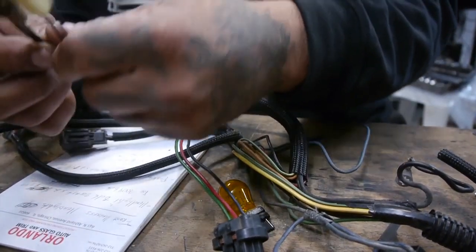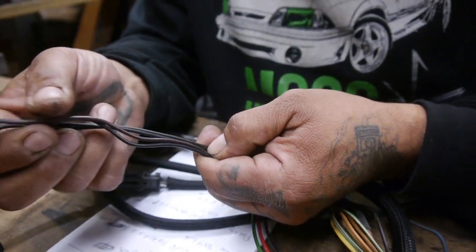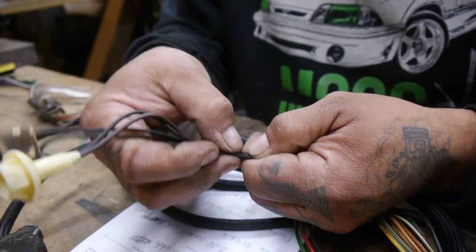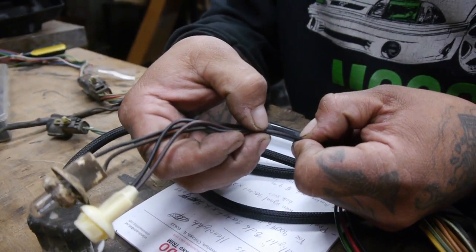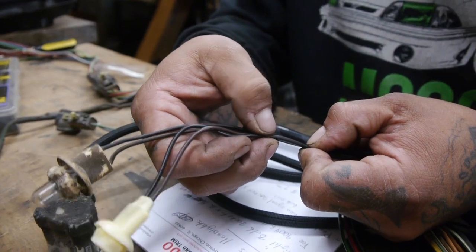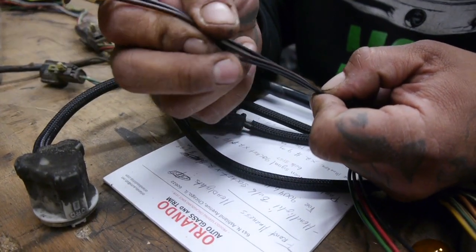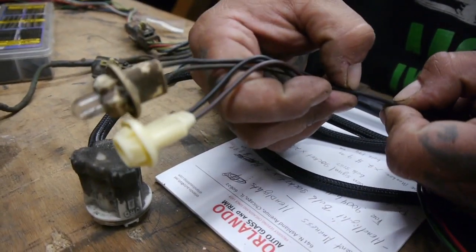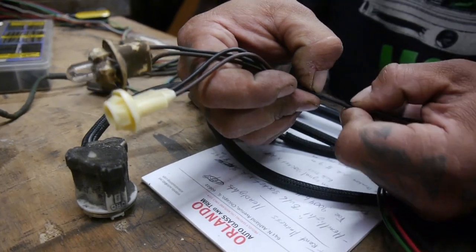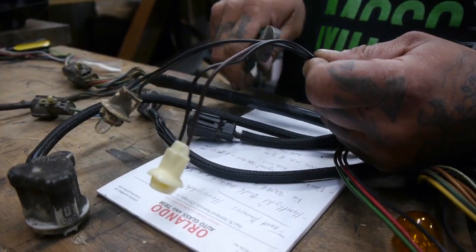So yeah, what I usually do, I just kind of want to measure out. I kind of want to cut right there. I don't always cut them equal in length. I cut one lower than the other. So when I do splice them together, and there may be a little guy hanging out, they don't touch and cause a short, and you know, you come back and just check on that anyways. I don't cut them right with each other, so I kind of offset. For what I'm gonna do right now,